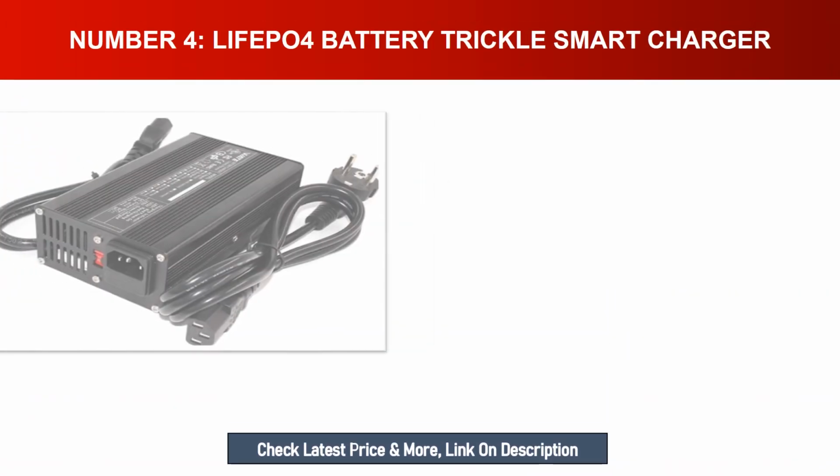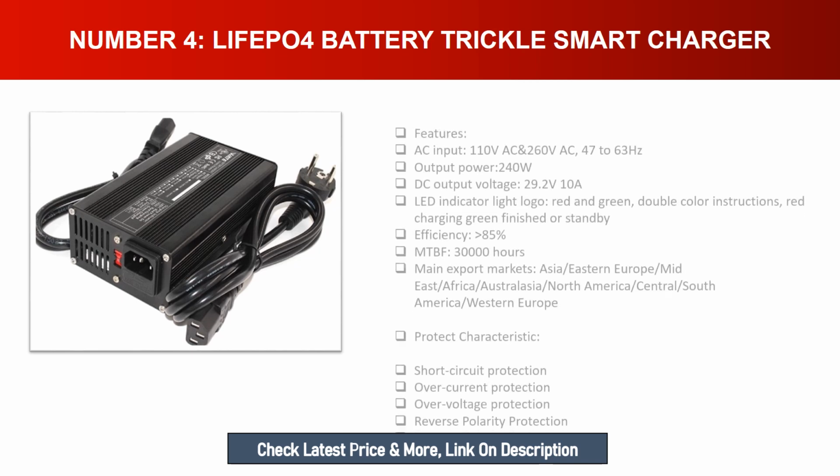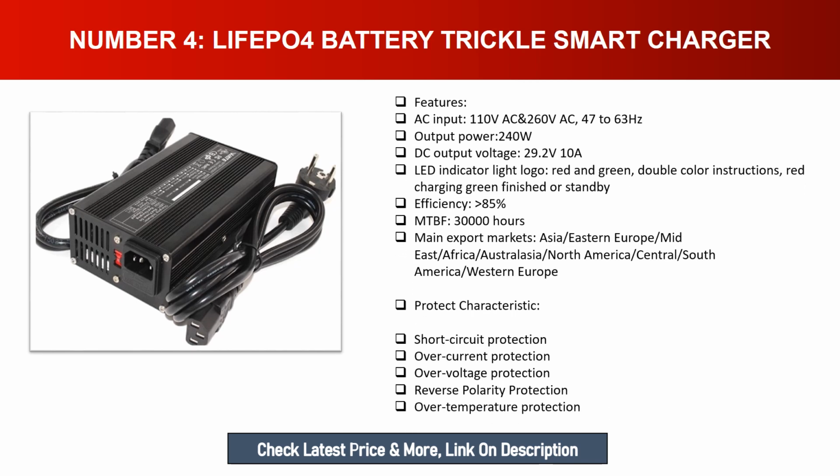Number 4. LiFePO4 Battery Trickle Smart Charger. Features: AC input 110V AC, 260V AC, 47 to 63 Hz, output power 240W, DC output voltage 29.2V 10A, LED indicator, light logo, red and green, double color instructions, red charging, green finished or standby, efficiency greater than 85%, MTBF 30,000 hours. Main export markets: Asia/Eastern Europe